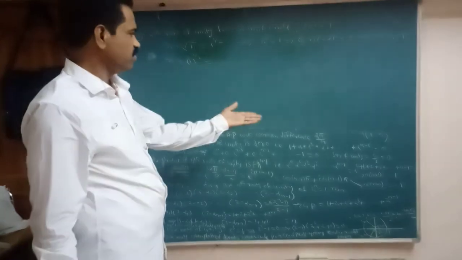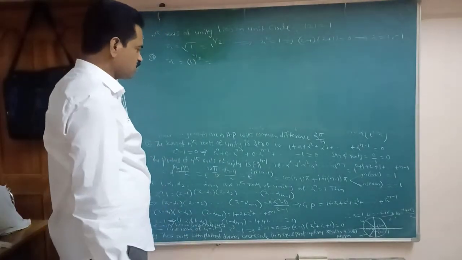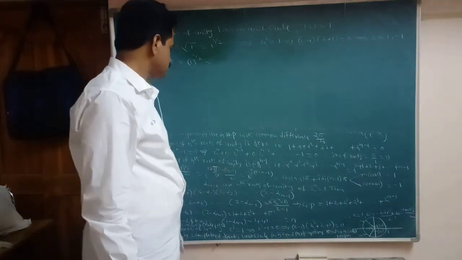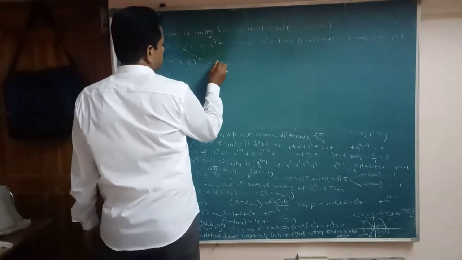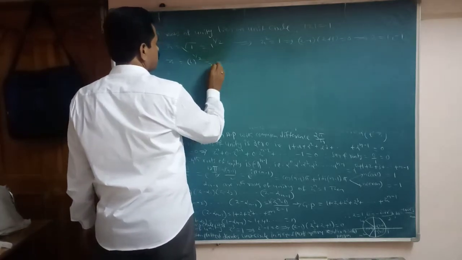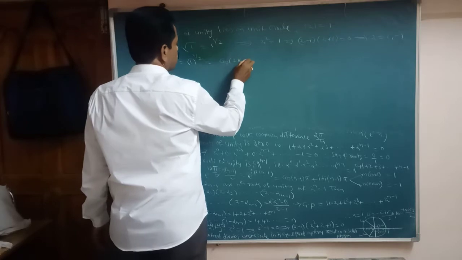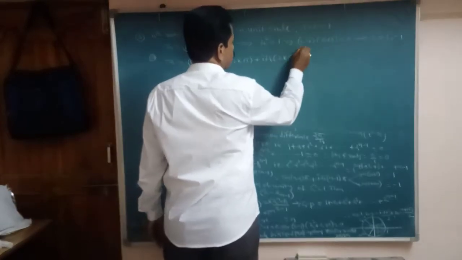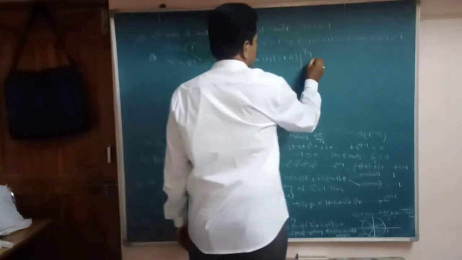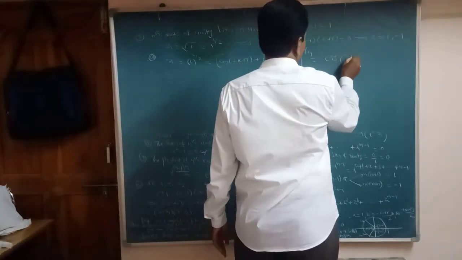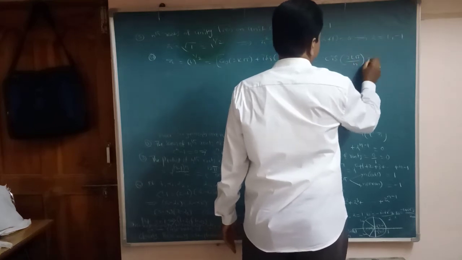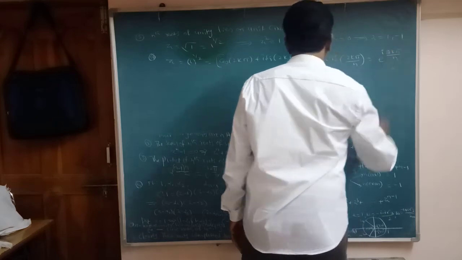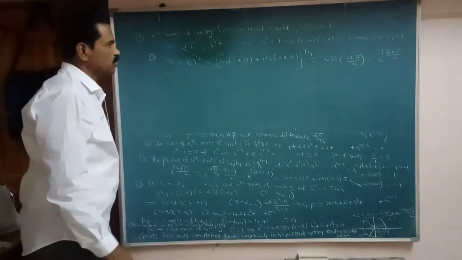That is cis of, that is in Euler's formula e power i pi n. That equal to, we can write here e power, or we can write this is cos of 2k pi plus i sin of 2k pi, whole power 1 by n. That equal to, we can write here cis of 2k pi by n. This equal to, we can write here e power i 2k pi by n. This equal to, we can write here 2k pi by n.